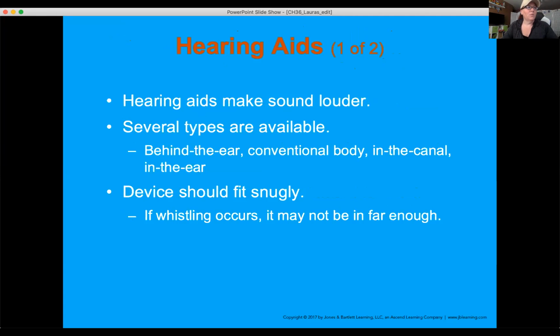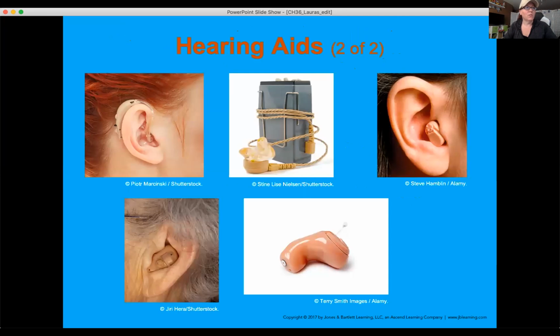All right, so there are different types of hearing aids. There are ones that go behind the ear. There are ones that go in the ear canal. My mom has one that hooks to a bolt in her head, and the bone in her head actually resonates the sound, and it uses the Bluetooth on her phone. So there are just some pictures of simple ones, depending on what's going on with that patient.